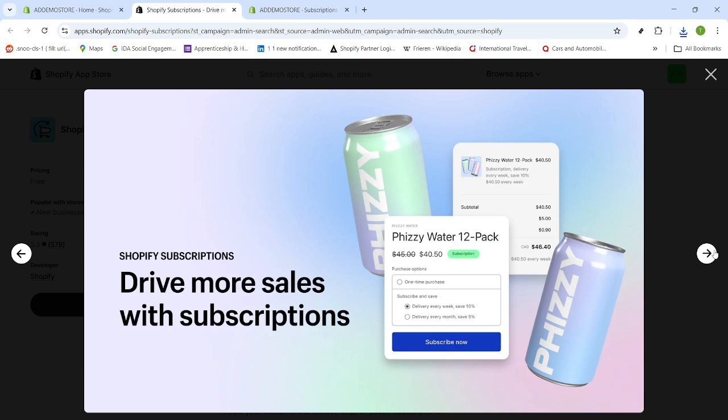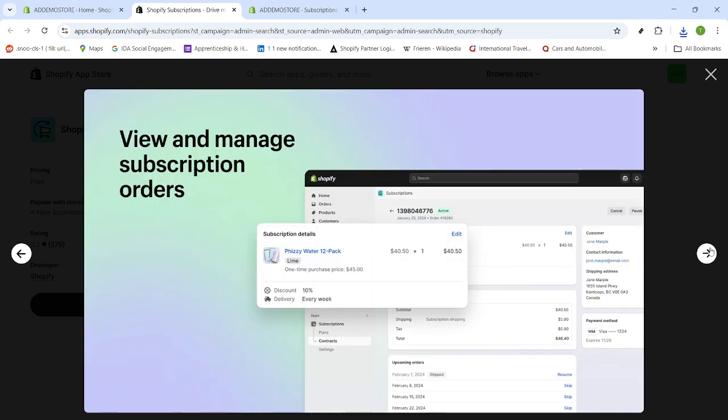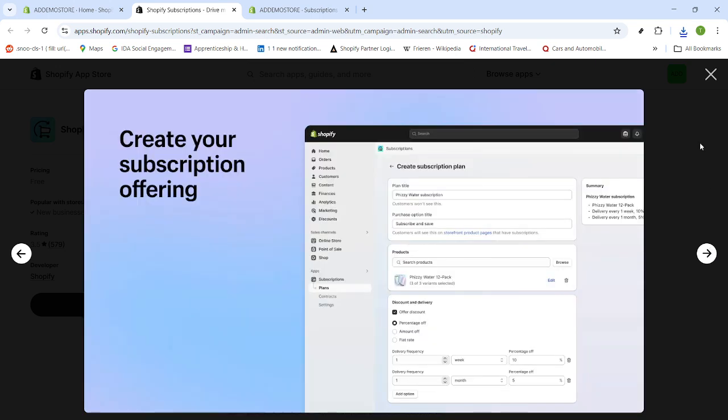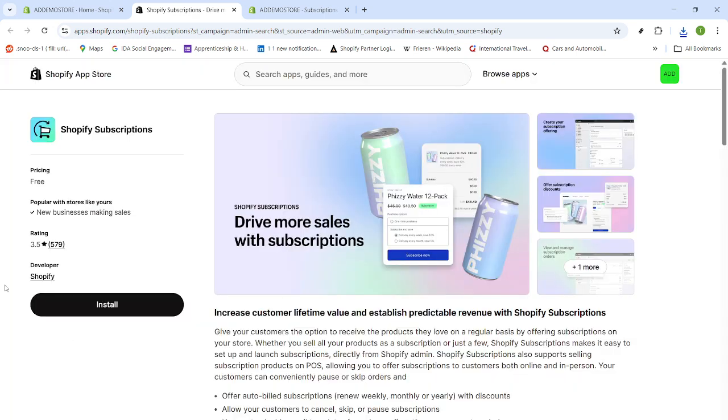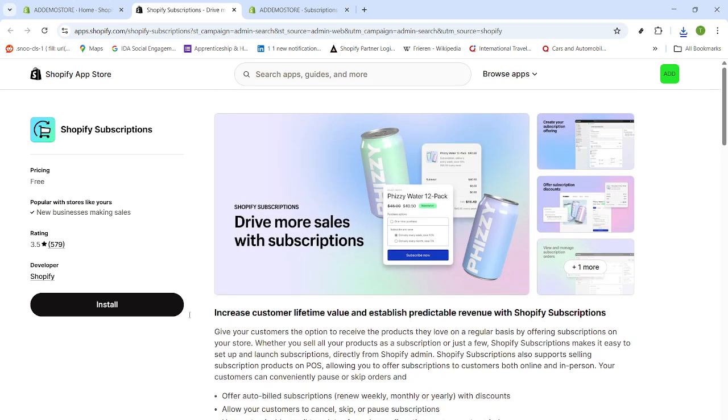You'll see an option for Shopify subscriptions. Click it to open the app's listing in the Shopify App Store. Once the listing loads, take a moment to explore what's on the page. Click into the highlighted areas to get familiar with what the app offers. This is a good time to confirm that it's the official Shopify subscriptions app, so you benefit from native checkout